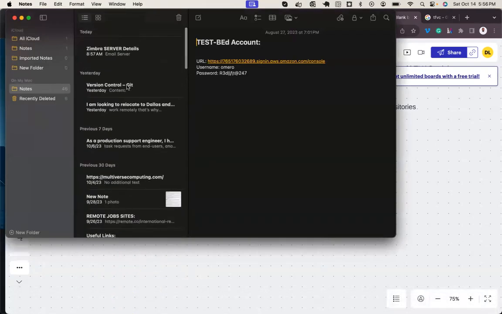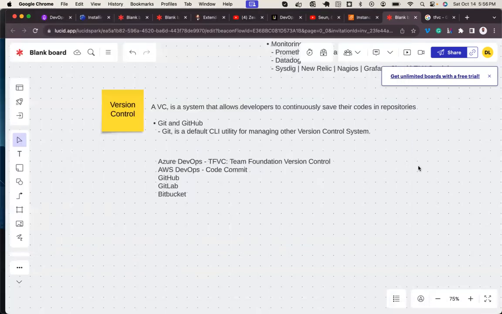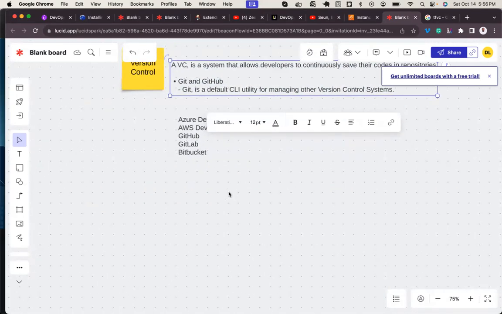Everything else, command line, remains the same. Everything like git init, git add, git show, git commit, git branch, merge, log, it remains the same, guys. So keep at the back of your head, Git is a default CLI utility for managing other version control systems. Great.